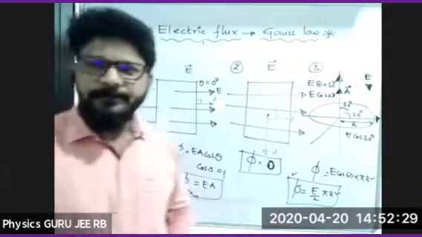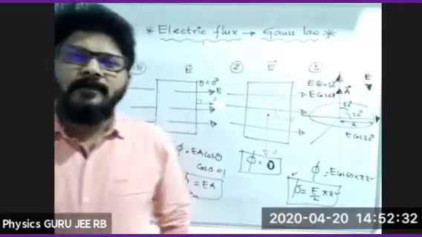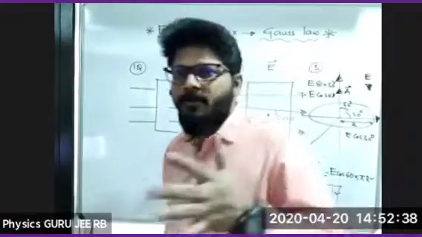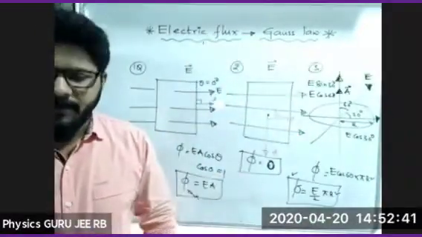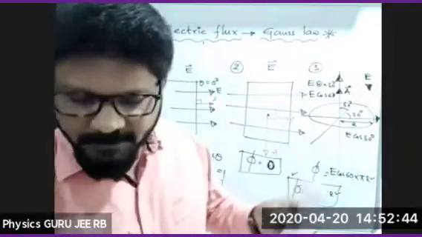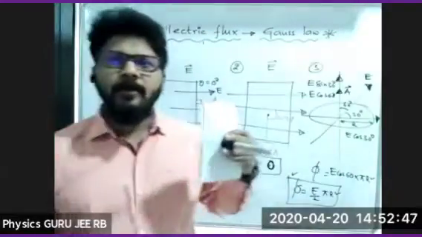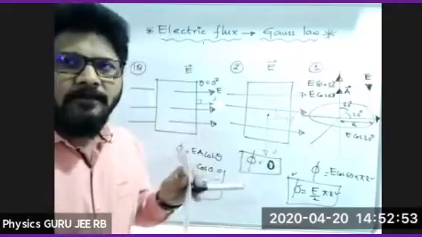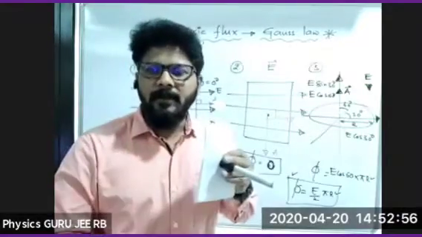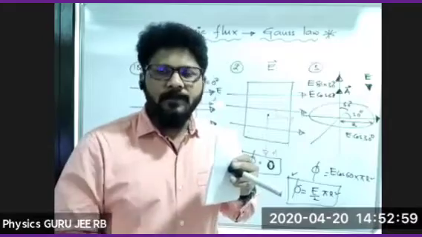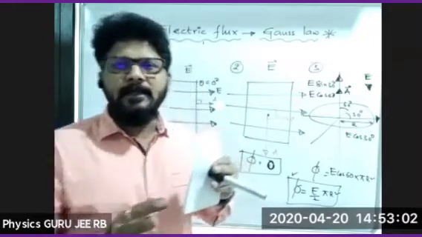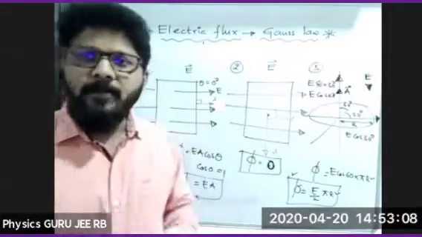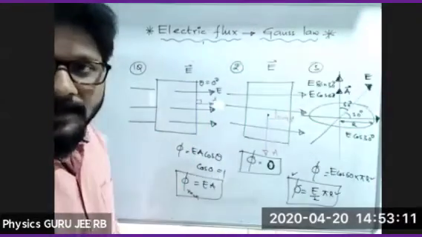What are the key points you observed here? Number one, always the area should be normal to the surface. If I take this as the surface, then this is the normal. Always the area vector will be normal to the surface. So whenever we are trying to calculate flux, first check the area vector, then the direction of the electric field, and always take the component of the electric field along the direction of the area vector. These are the 3 points one should note in this explanation.